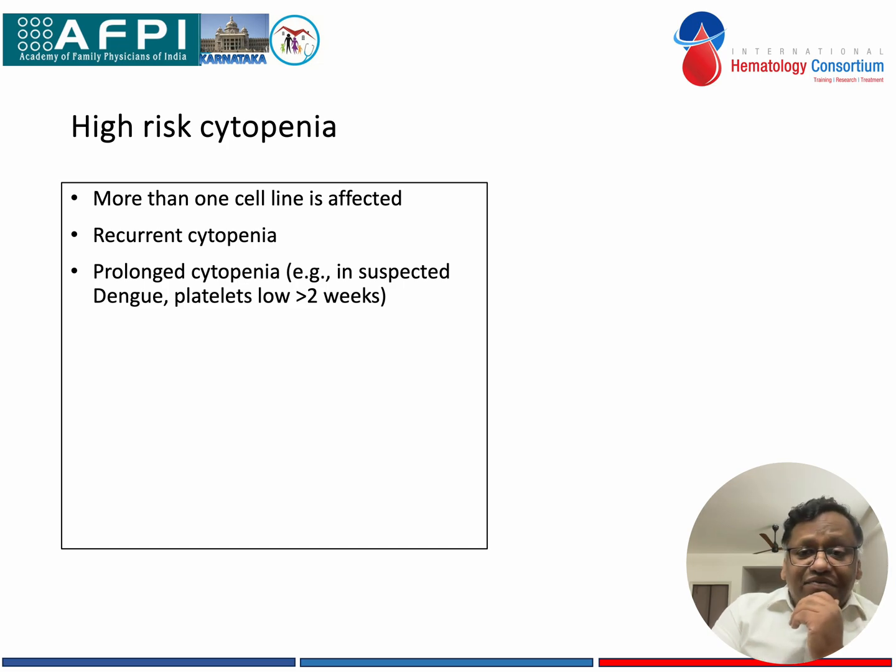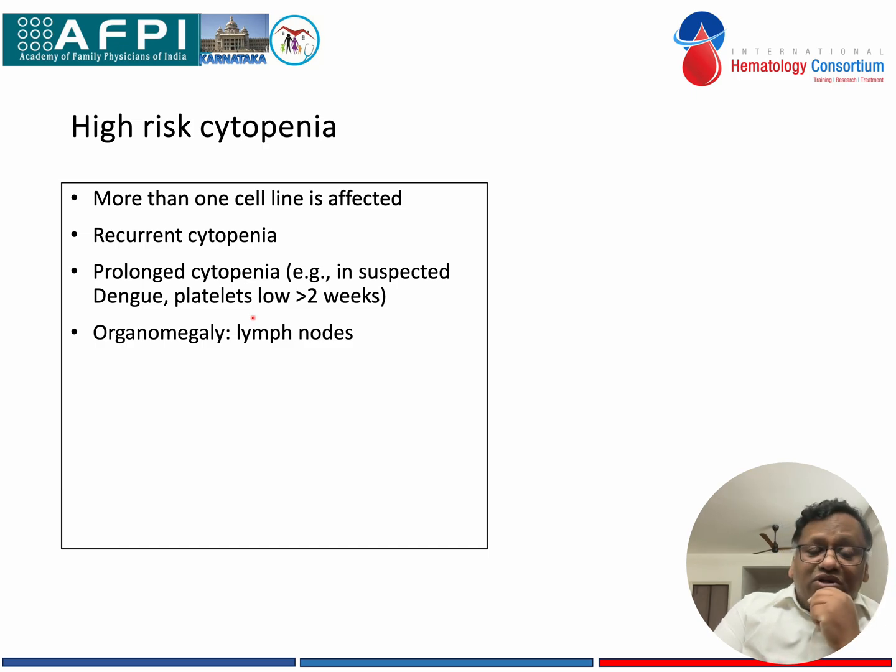If it's dengue fever, then the platelets will usually stay low for about 2 weeks. But if they remain low for more than 2 weeks, then unlikely to be dengue fever. You have to start thinking of something else. You have to start thinking maybe it's a marrow issue, maybe it's a leukemia, maybe it's ITP, right? So prolonged cytopenia, platelets remaining low for unusually long, are the rest of the organs fine? Have the lymph nodes swollen? Because sometimes in leukemia, lymphoma, the bad cells will infiltrate the lymph node, liver, spleen, and we will see lymphadenopathy,